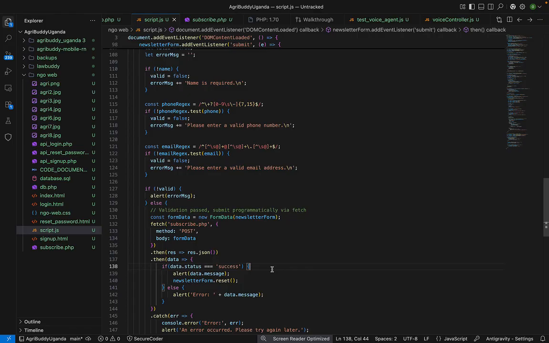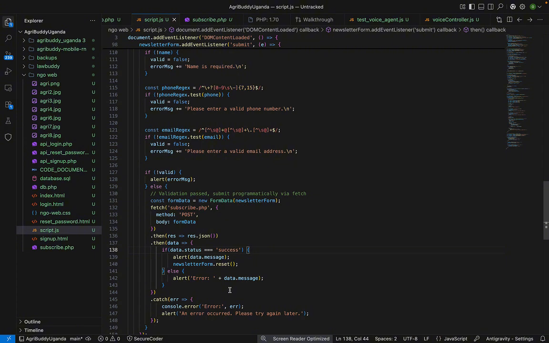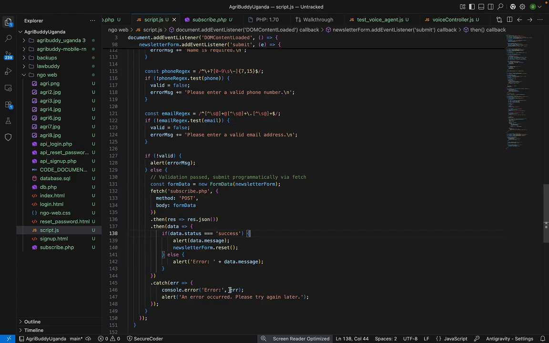Also, sorry for that disturbance, if the request rejects, I don't know whether you can see it down here, there is a catch error, right here. So if this one fails, it will catch an error and tell you to try again. But this fetch request is responding to our PHP. Nevertheless, we put the PHP under a JavaScript, it still responds to the PHP backend. And I'll maybe further